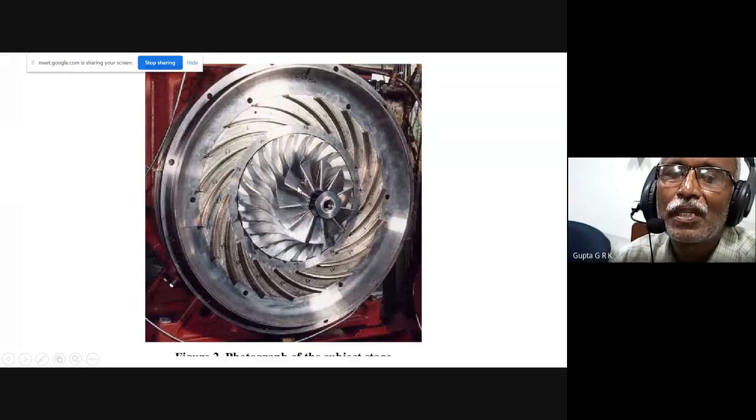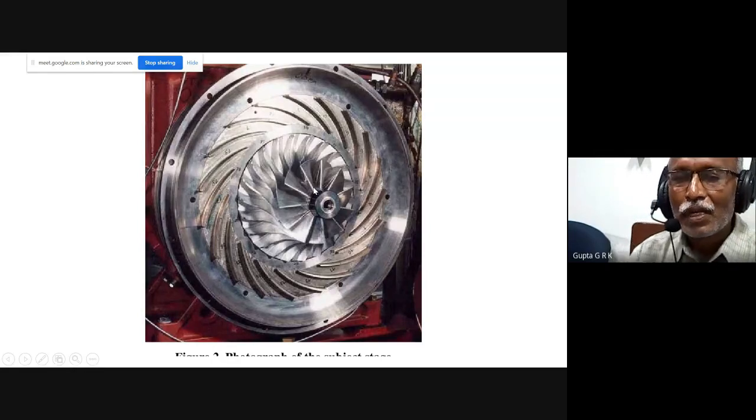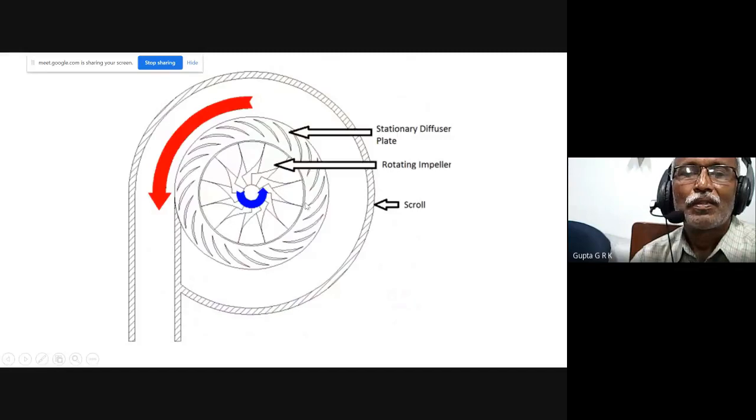Inducer blades are highly twisted because the blade angle should always match with relative velocity angle. So if you take the inlet triangle, the relative velocity changes because u, the blade velocity, changes, and its angle also changes. This is to be made in such a way that the fluid smoothly enters. For that purpose, this is highly twisted. And this is impeller, and then this is diffuser. So these are different figures.